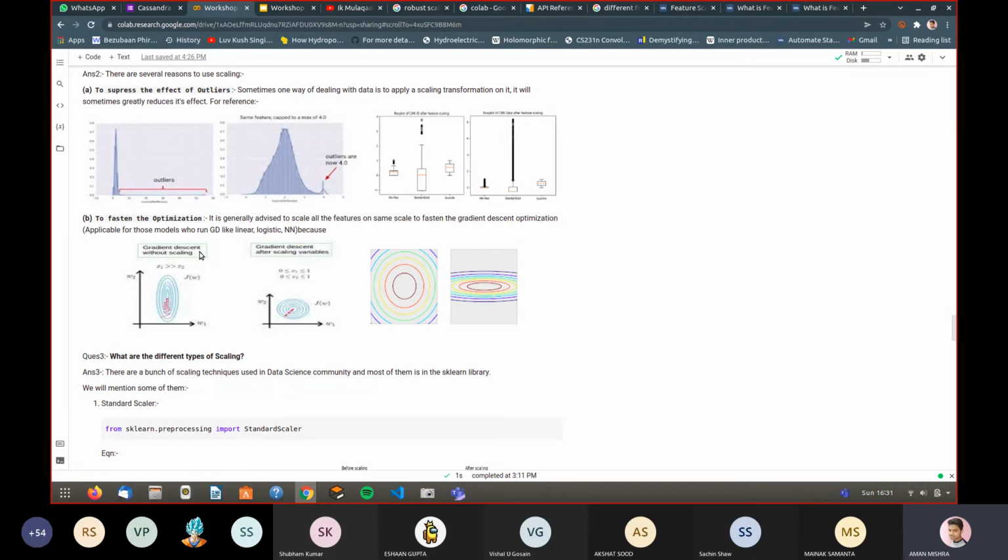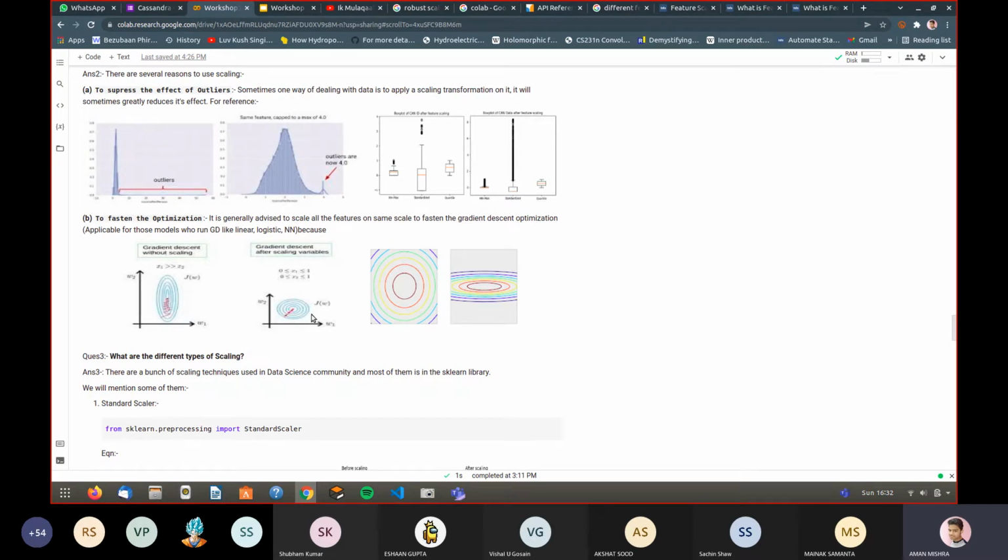You already saw that before fitting a model, you apply a standard scaler type of thing as scaling. That is necessary because, as you will see from the first figure, when the features have different maximum or minimum values, they have different scales, and gradient descent takes a long time to converge to the minima.